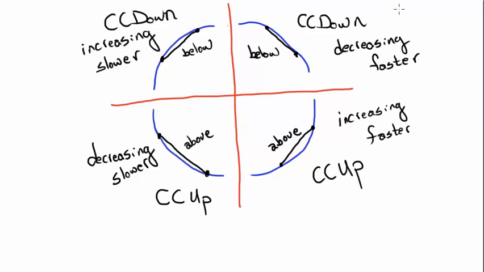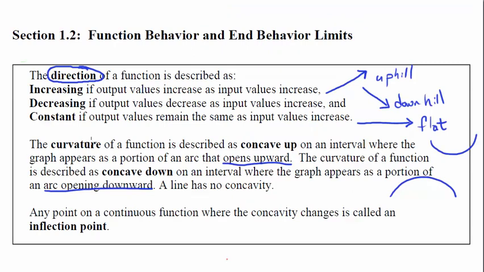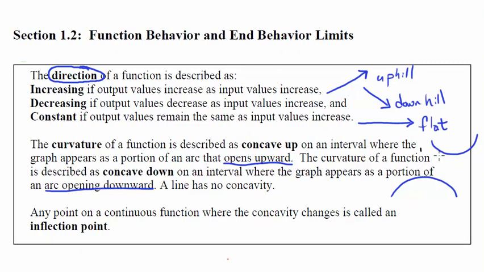All right, so perhaps these 4 cases might help you. If you think about drawing a secant line that connects 2 points, if that line is above, we're concave up. So here, if I take 2 points and connect them and that is above the curve, I am concave up. And if I take 2 points on the interval and I connect them and that is below,